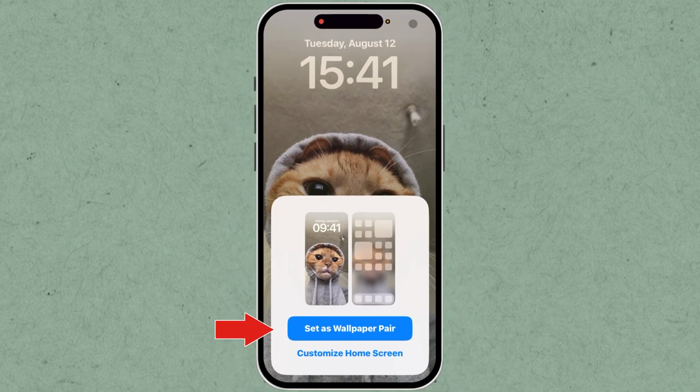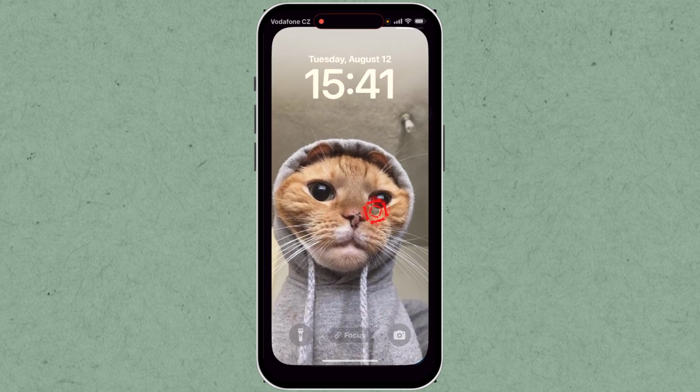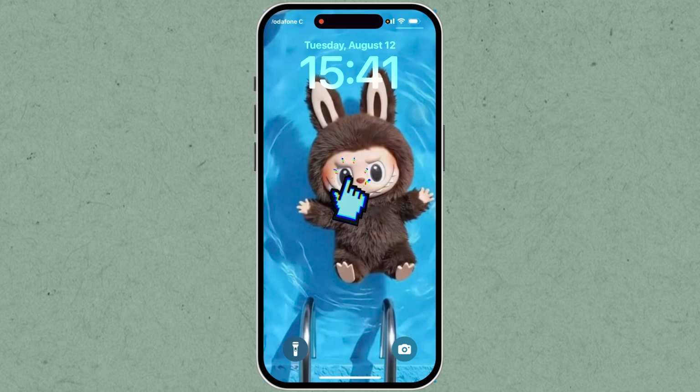Choose Set as Wallpaper Pair or customize the home screen. Enjoy your new setup. Tap your lock or home screen to shuffle